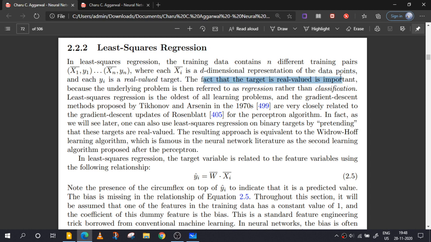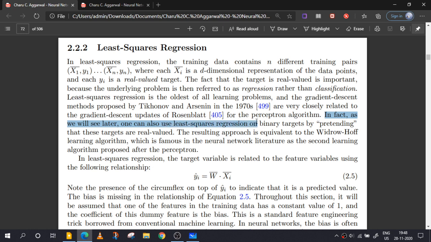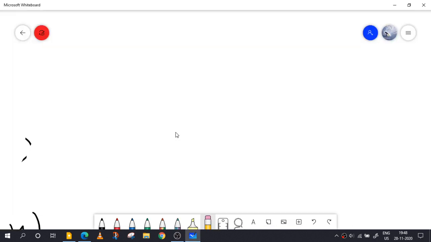Alright, the fact that the target is real-valued is important. Least square regression is also a gradient method, very closely related to some other methods. In fact, as you'll see later, one can perform least square regression on binary targets by pretending that these targets are real-valued. So what he's basically saying is,